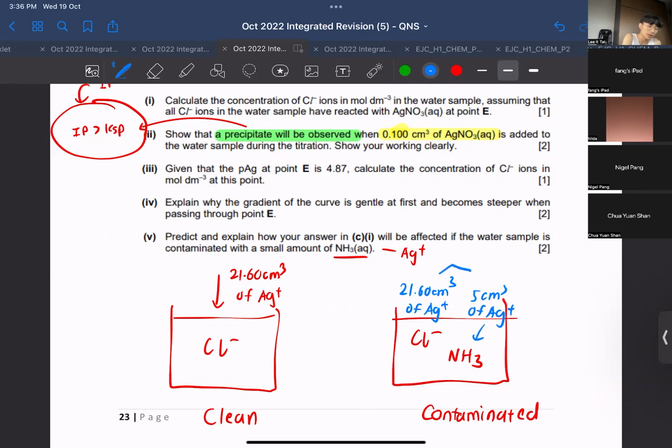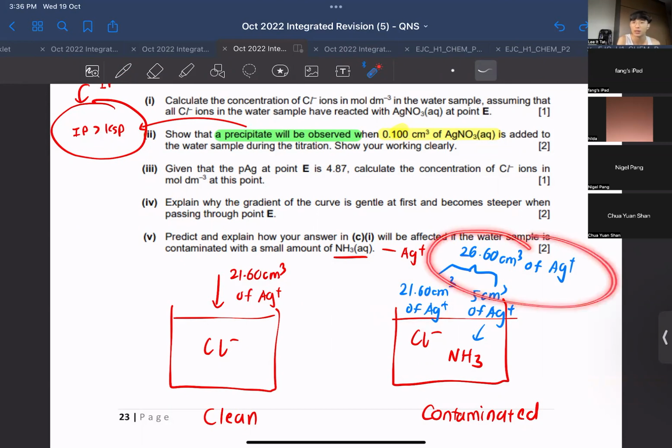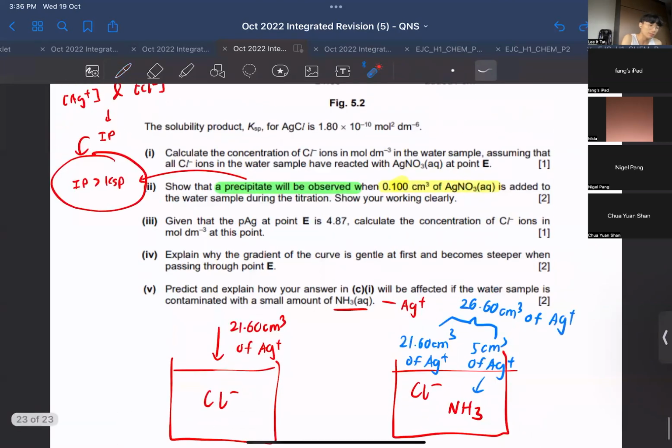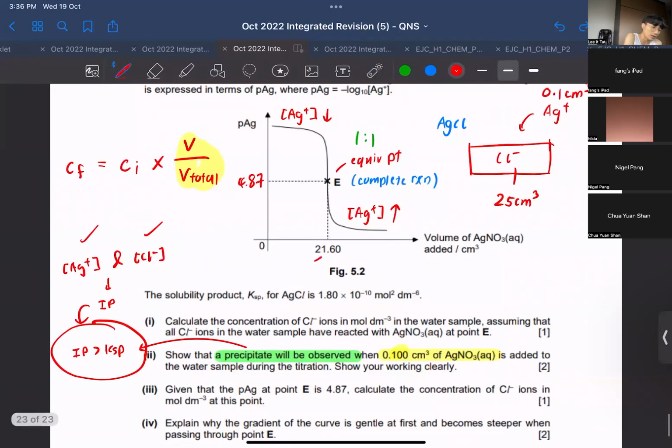In total, right, can you all see you're actually adding more Ag plus than necessary? Okay, in total, you're adding 26.6 cm cube of Ag plus. Again, these are just fake numbers. I'm just painting a scenario for you guys. The same Cl minus will still require 21.6 minimally. It won't be less than that. But because there's a bit of contaminants that will also react with Ag plus, it will just make your Ag plus more than expected. Meaning to say, this graph would have been not 21.6, but you have read 26.6,